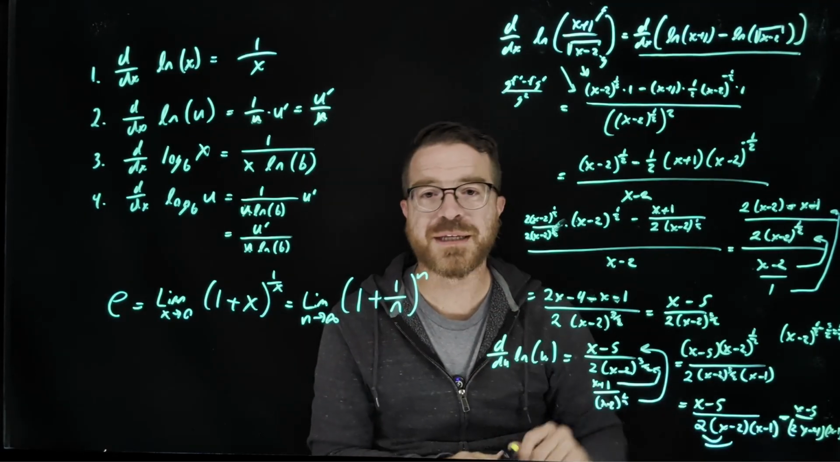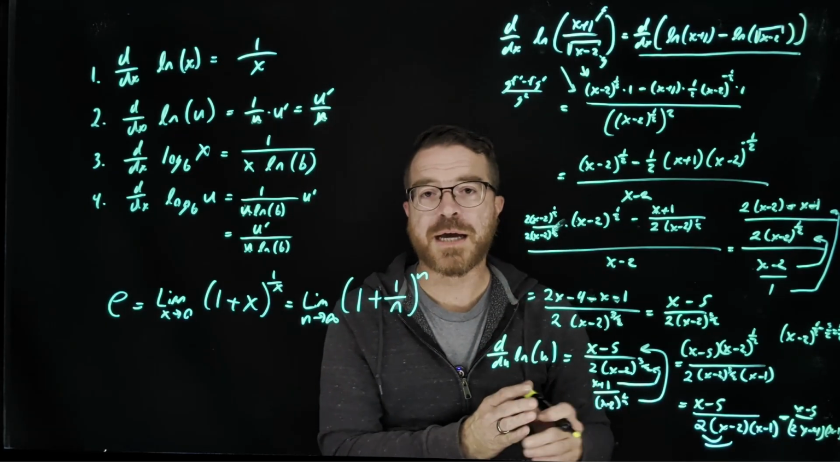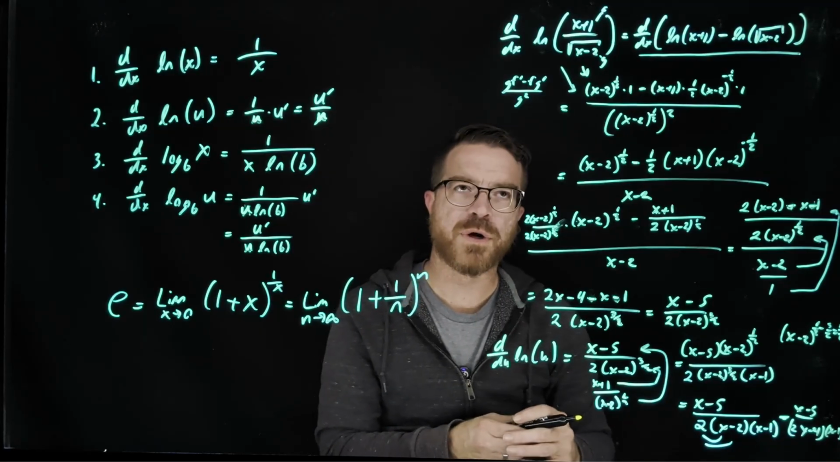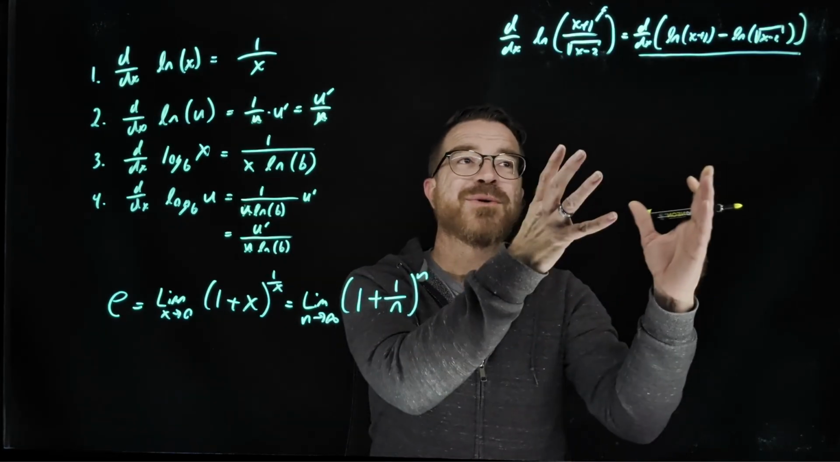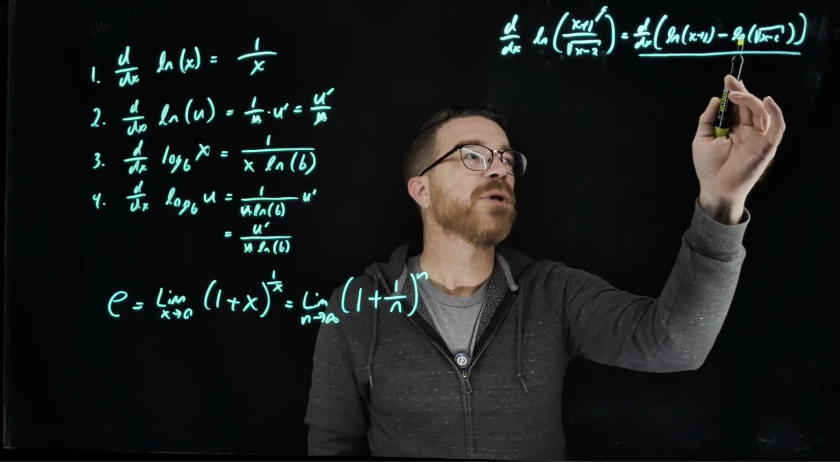And I'll show you that it ends up being the exact same thing. (x minus 5) over (2x minus 4)(x plus 1). Okay, with a clean slate, we're back to our starting point. Now we're going to take the derivative of natural log of x plus 1 minus natural log of square root